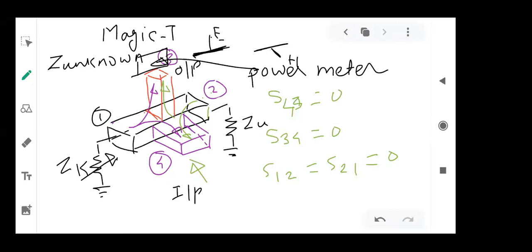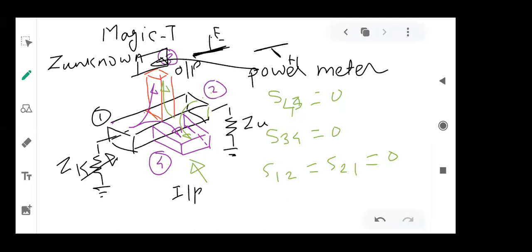That signal, as per the nature of the device, will get divided equally into two parts, and one will be available at port number 1, and another is going to be available at port number 2. Now ZK is set by me, so I know the value of ZK. But ZU is unknown to me, and I want to find out its value. Let us consider that ZU is not equal to ZK. By varying ZK, I can bring ZK equal to ZU, but that can happen only if I know the value of ZU. Otherwise, it will be trial and error.